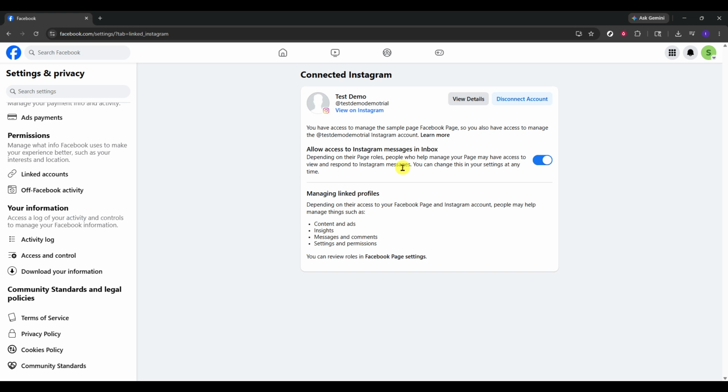You've connected your Facebook business page to your Instagram account using Facebook settings. This connection helps streamline your workflow, saves time on posting, and unlocks business features across both